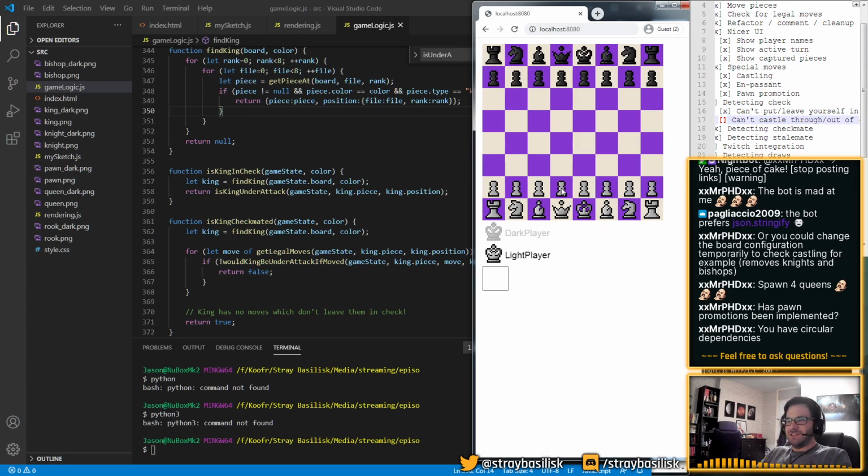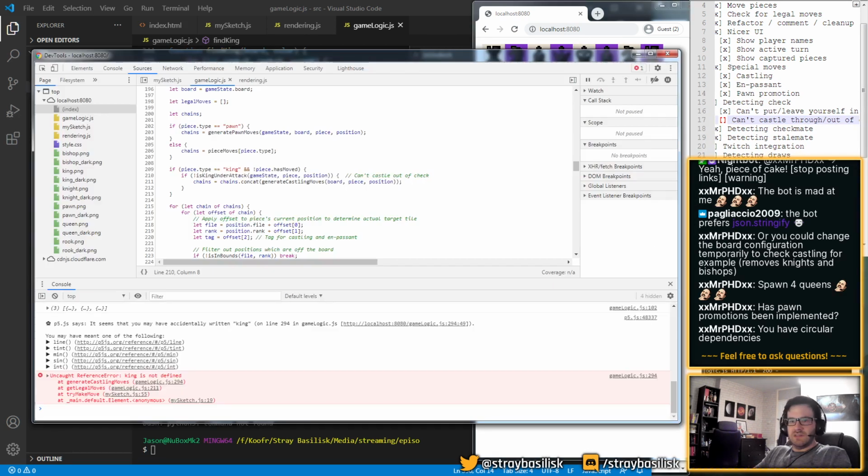So let's do something like, what we're going to do, we're going to test castling through check and whatnot. So let's pull some stuff out here. Nope, dark player's turn. Let's pull some stuff. Oh, I keep forgetting there are turns involved. So E1 question mark. Error. King is not defined.